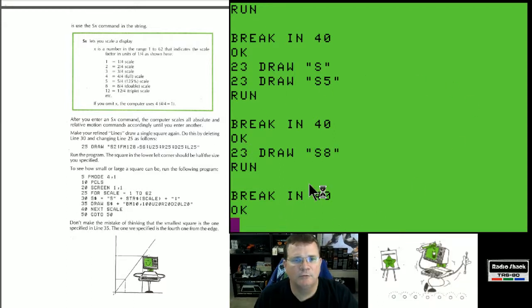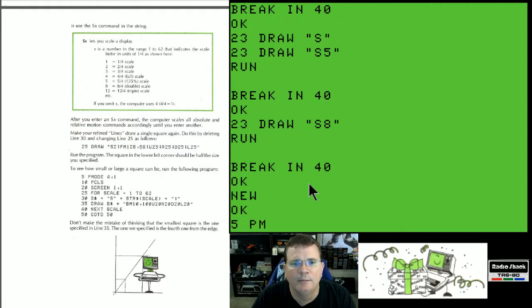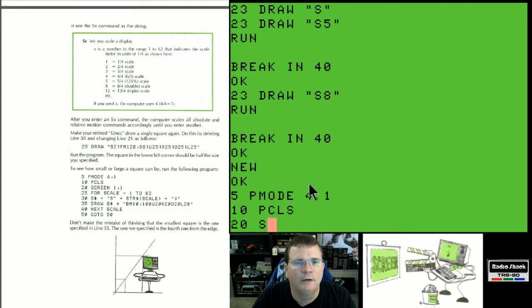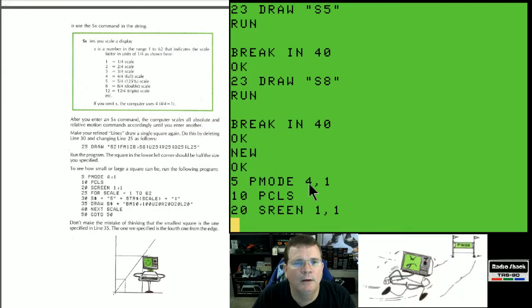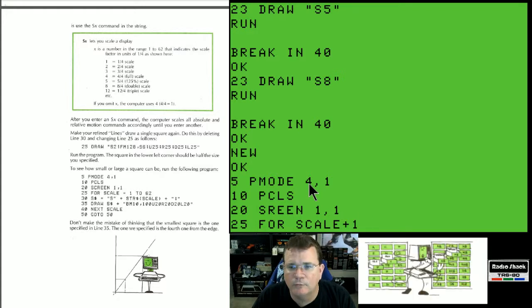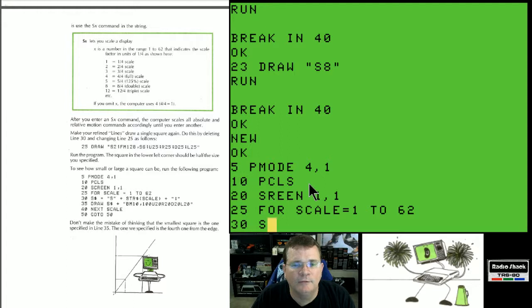So we're going to type in a brand new program. 5 PMODE 4,1, 10 PCLS, 20 SCREEN 1,1, 25 FOR SCALE = 1 TO 62, 30 S string equals